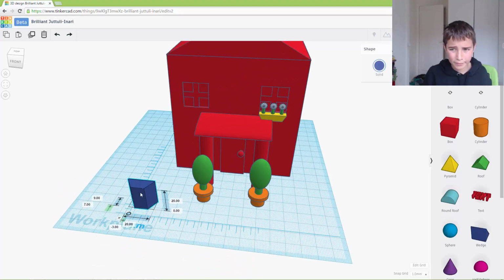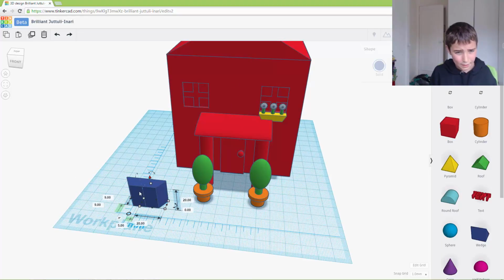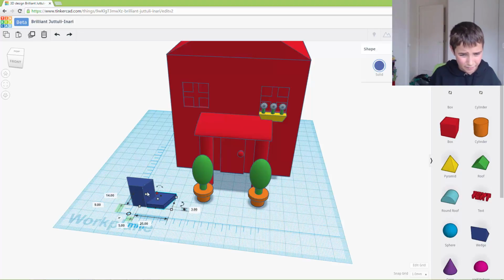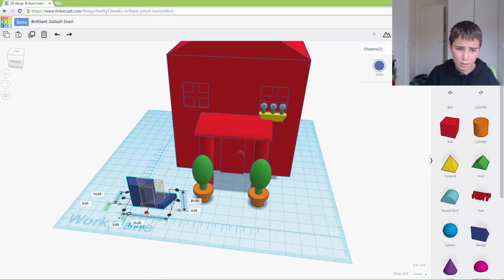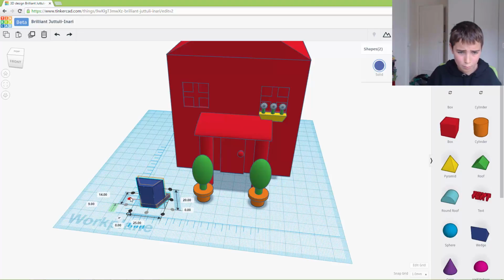And now what we want to do is copy and paste it. We want to make this one 3 high, and 25 by, so if we made that 5 bigger, 9, 14. Now what we want to do is align it, middle, at the middle. Now if we group that together,